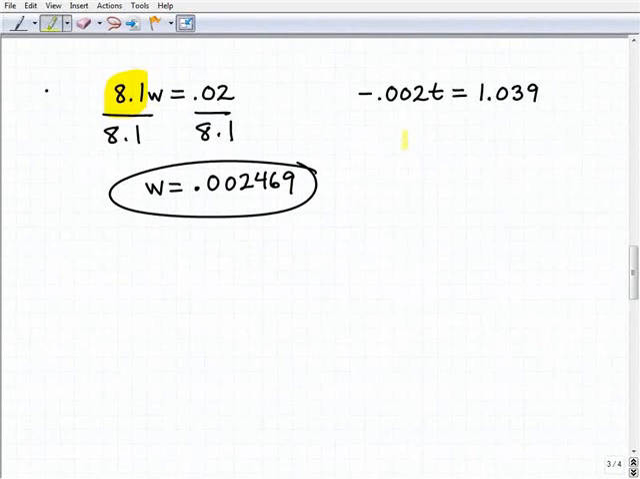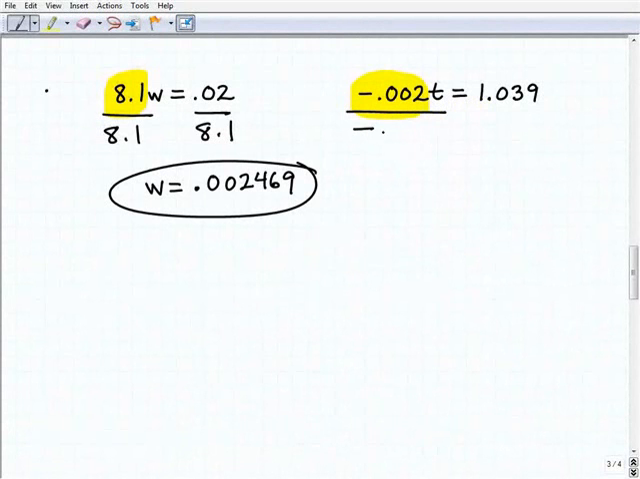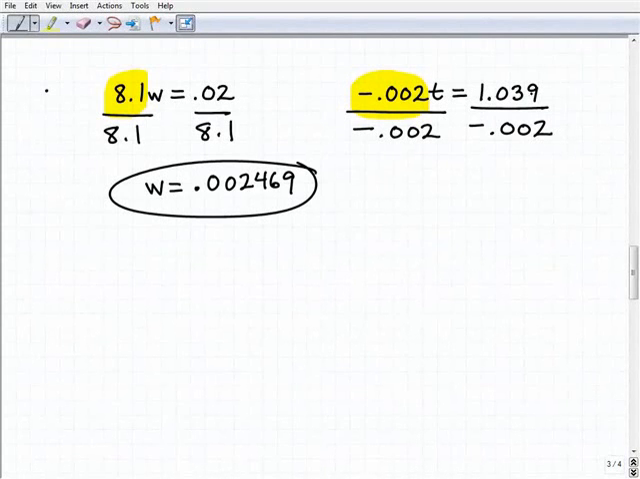All right, our last problem, we have a negative 0.002t equals 1.039. So to get t by itself, I'm going to have to divide both sides of the equation by this negative 0.002. So let's write that out. Negative 0.002. Divide that by both sides of the equation. So here I'm going to have 1.039, a positive 1.039, divided by a negative